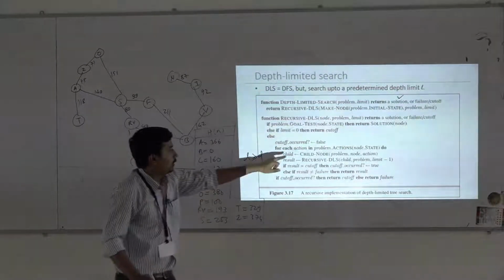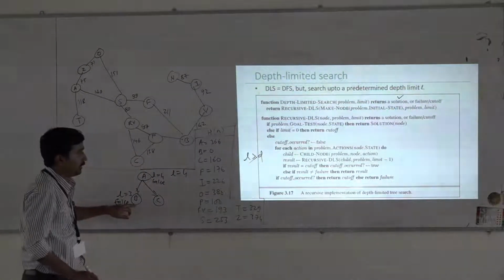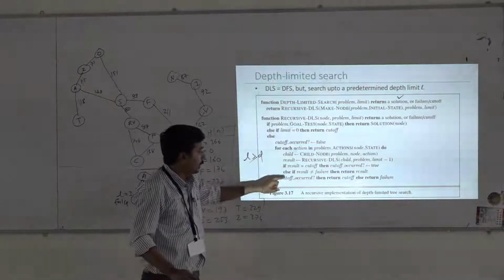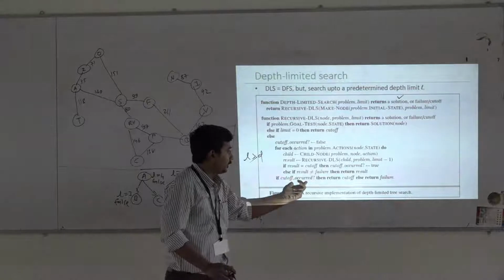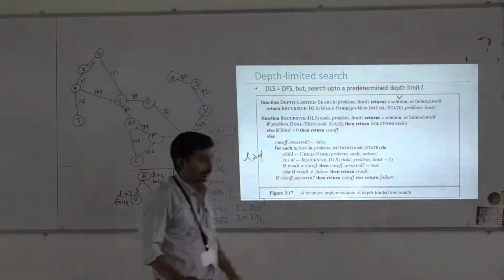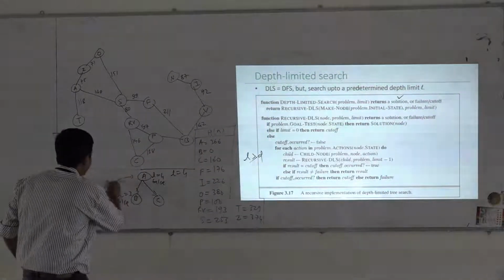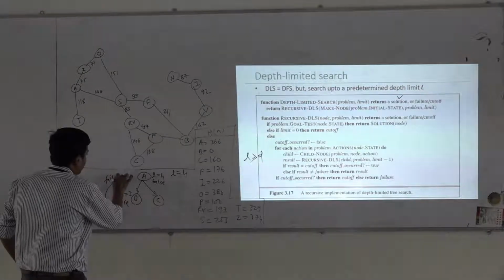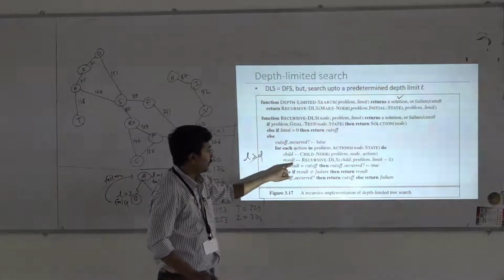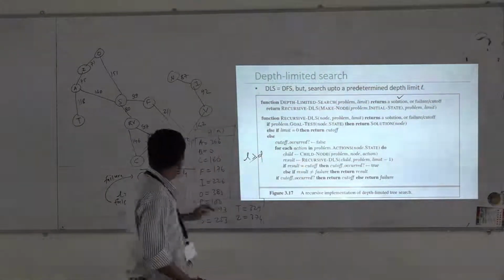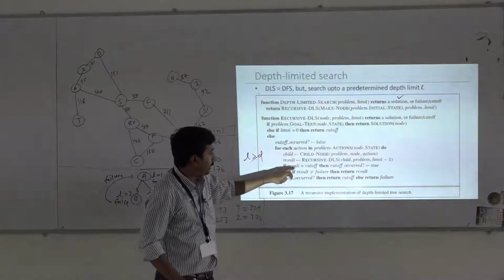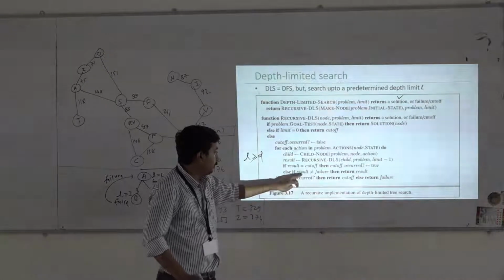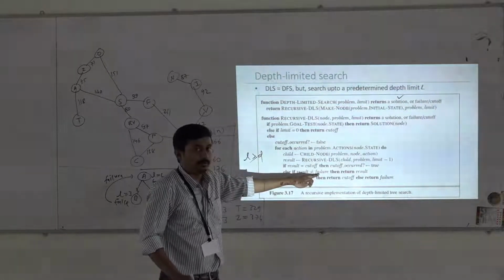Now there is no action possible on B, so this is totally skipped. Cutoff occurred is false, right? If this is false, then you have to return a failure now, right? So failure is returned from here. Now we will resume here. So for this branch we have got failure. Result is failure. Failure equals cutoff, false. Failure not equals failure, false.